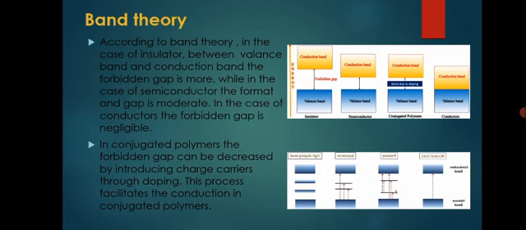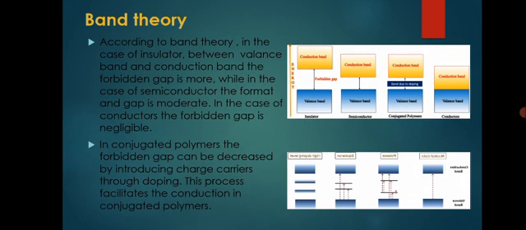Before explaining the band theory, I would like to explain some basic concepts like valence band and the conduction band. As you all know, the electrons that lie in the outermost shell of an atom are called valence electrons, and they cannot take part in conduction and are said to lie in the valence band. Whereas the electrons that are free from an atom and can conduct current are said to lie in the conduction band. So, according to band theory, in case of an insulator, the forbidden gap between